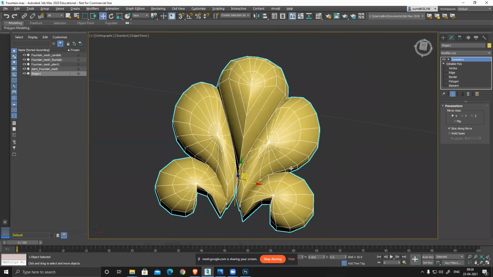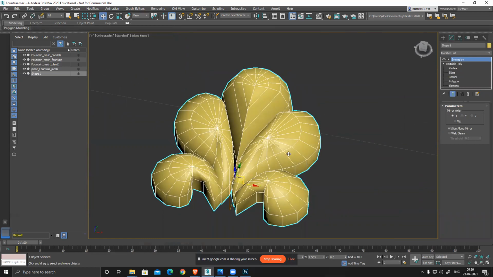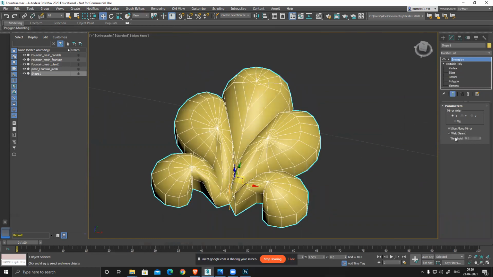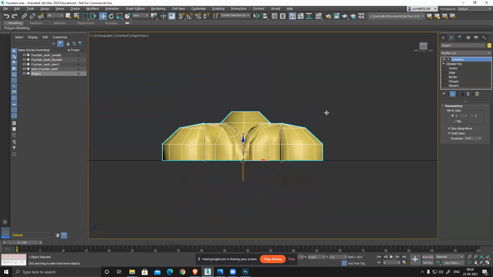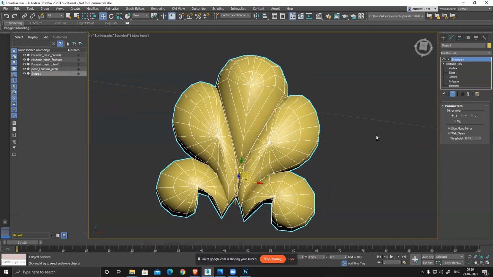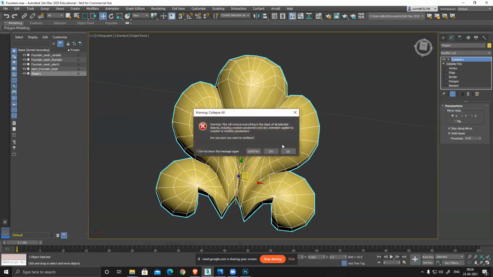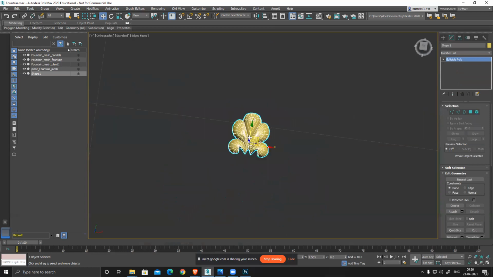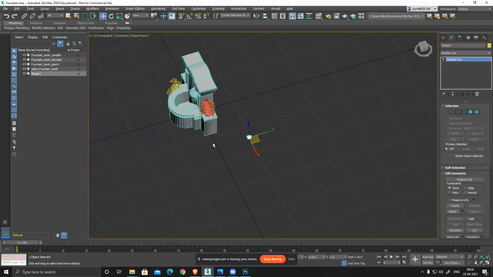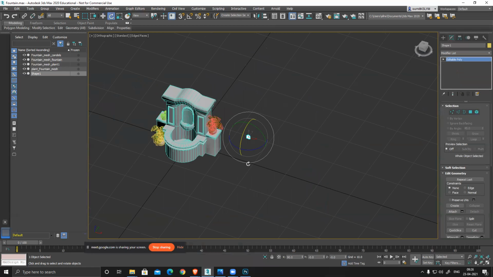Well, weld seam is creating issue. So to reduce the tolerance to fix it. Yeah, you can see collapse. Yes, 90 done.